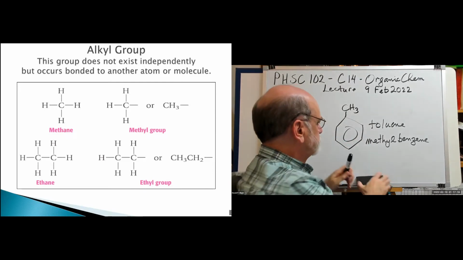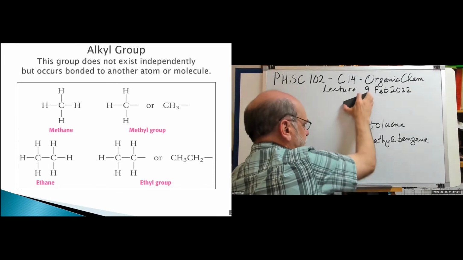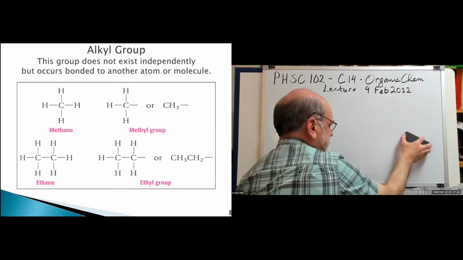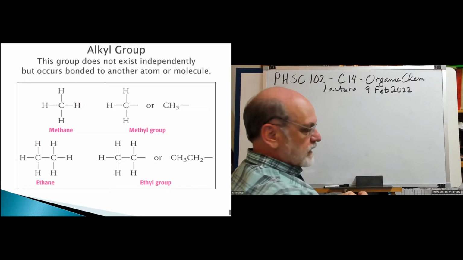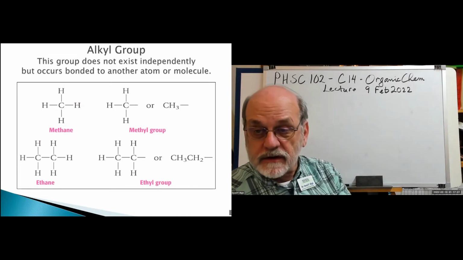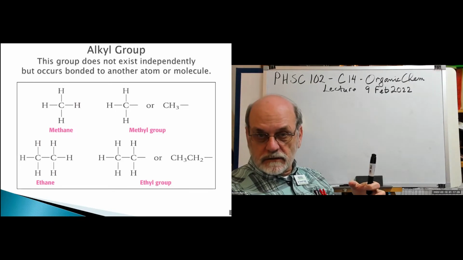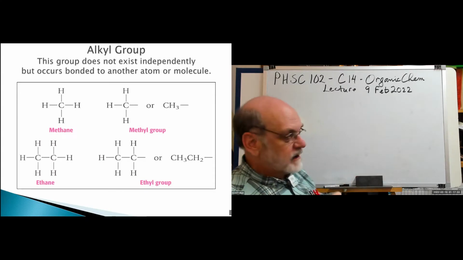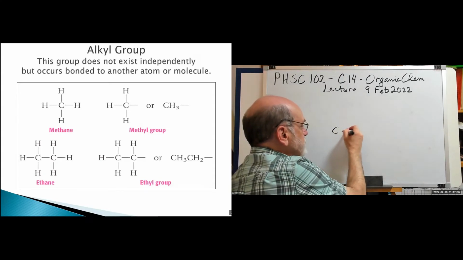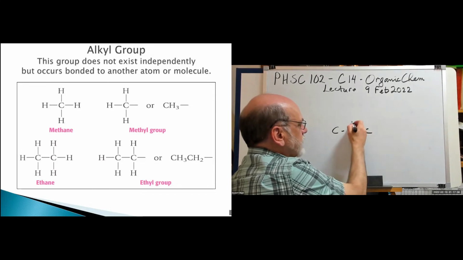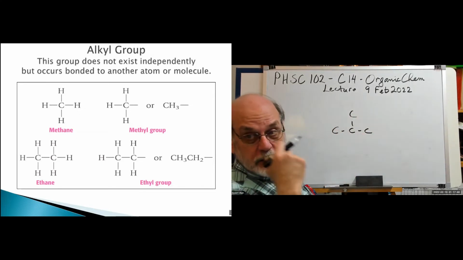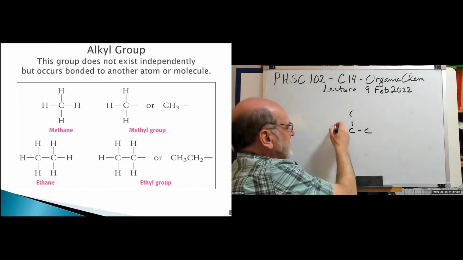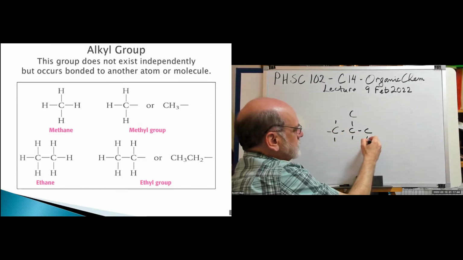In other words, you can have 4 carbons in the molecule, in the alkane, but they don't always have to go in a straight line. We could have 3 carbons in a straight line, and then we could have another carbon branching off, right? And if we put the hydrogens in here,